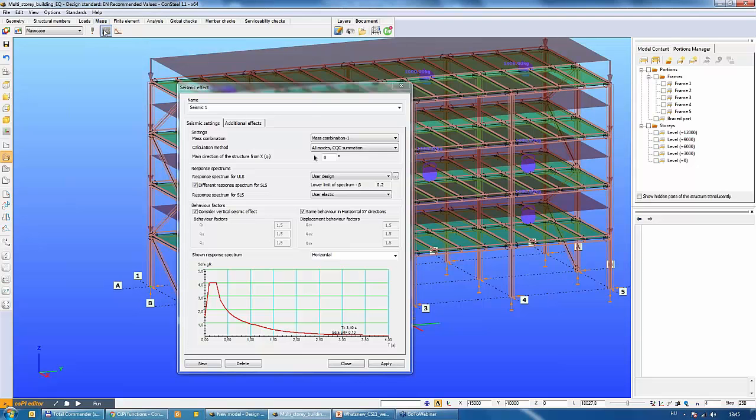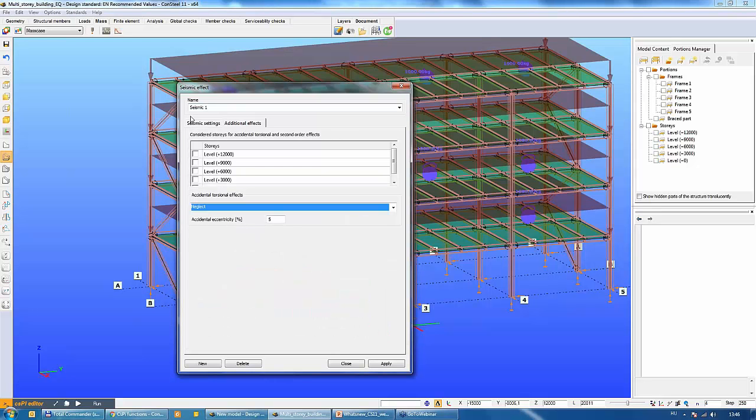So in this case we have to go back to the mesh tab and open the seismic effect. You can see we have another tab where we can set all of the additional effects. On the next tab, we can set which stories should be considered for the accidental torsion effect and for second order effects analysis. So in ConSteel 11,